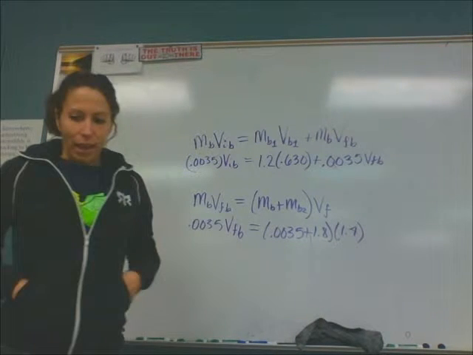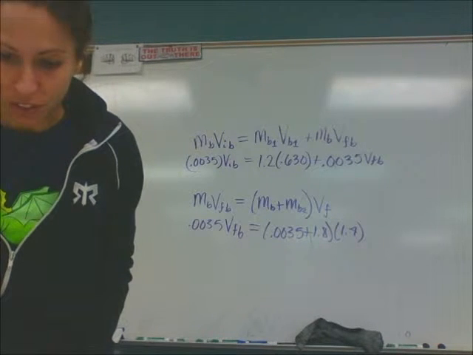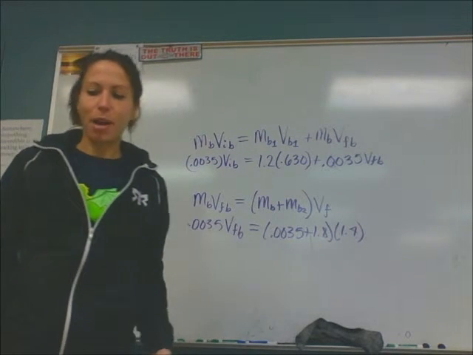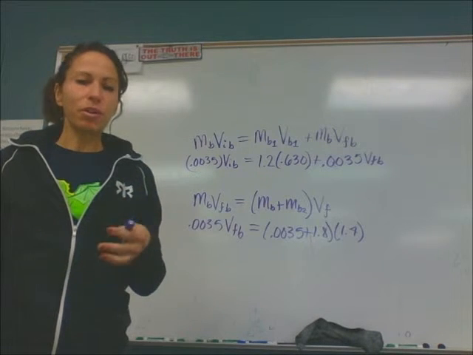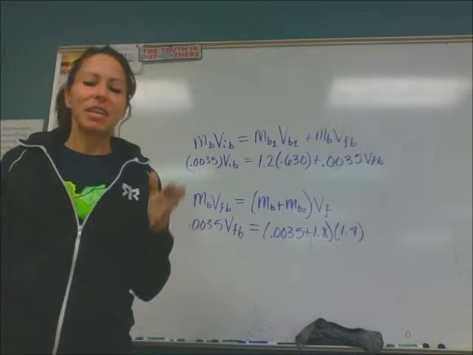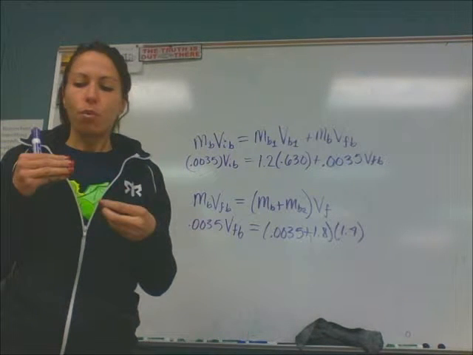Well, once you figure out the velocity of the block after the collision using conservation of momentum, then you can figure out how high it goes using conservation of energy. Okay, all of the kinetic energy that it was given by the bullet will now be converted into potential energy. And for that, I got 0.073 meters or 7.3 centimeters. And if you want to see the work on that, you can look at the solution.